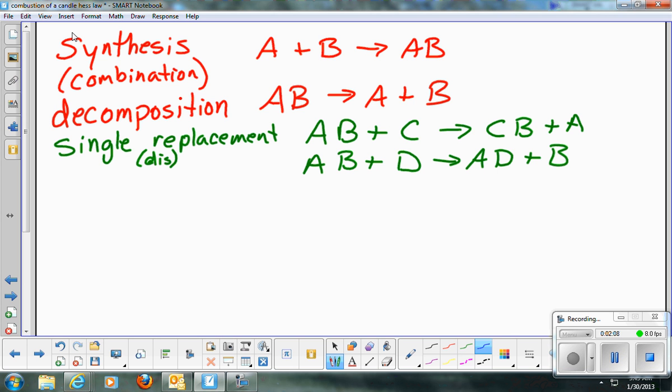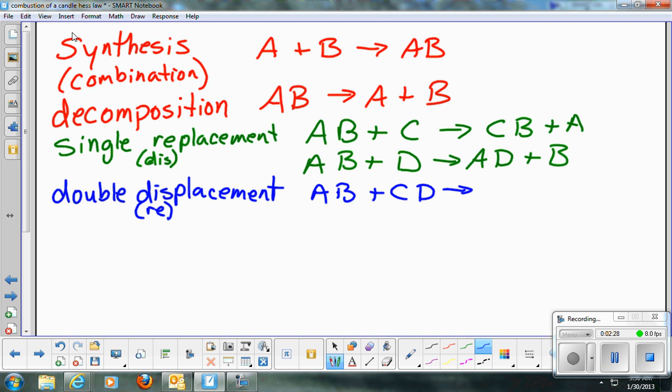Next one that we did was double displacement. Again, displacement could be replacement, where you had AB plus CD yields AD plus CB. You traded partners. Okay, now underneath double displacement, we also have, so this is sort of like an indent,